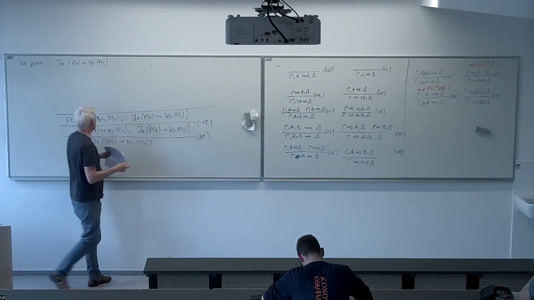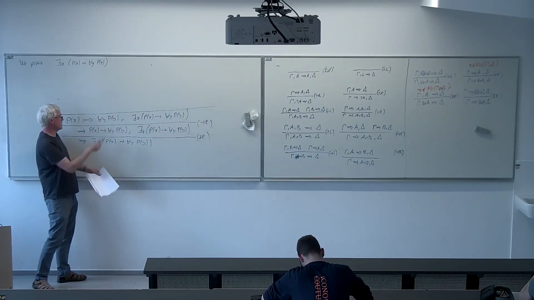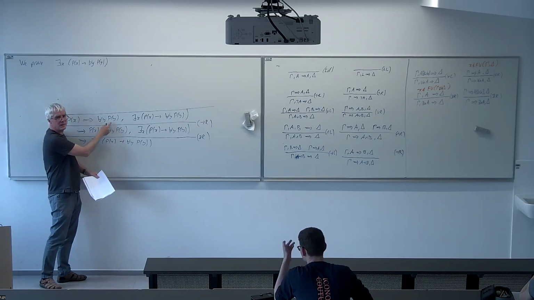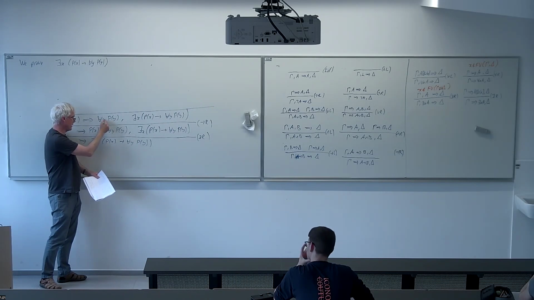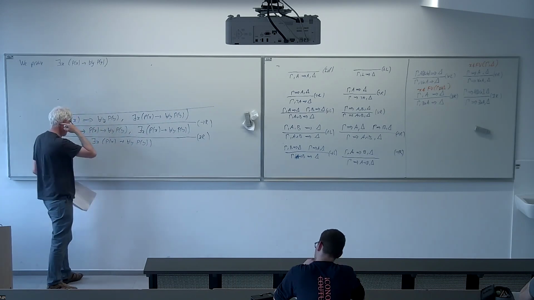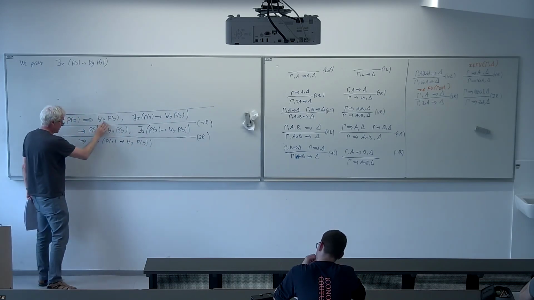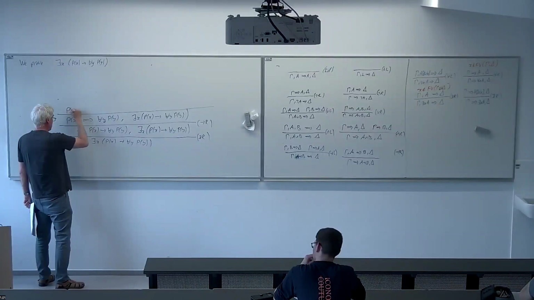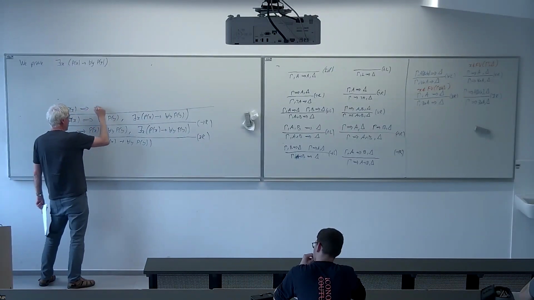By the way, if y did appear free, well, then we would just rename this to for all z pz. Because we allow ourselves to rename all throughout the course. We've been allowing ourselves to rename bound variables, and we don't see it as changing the formula. And then we would use the formula that involves a variable that does not appear free. But anyway, y does not appear free, so we can stick with the y, and we get px on the